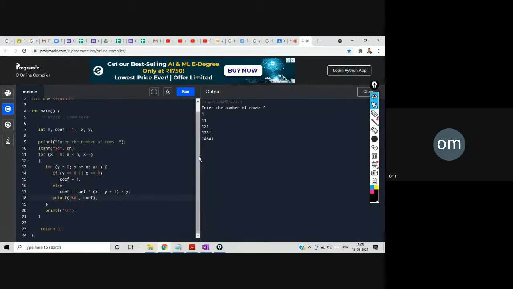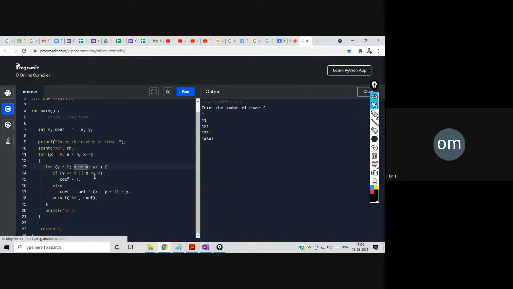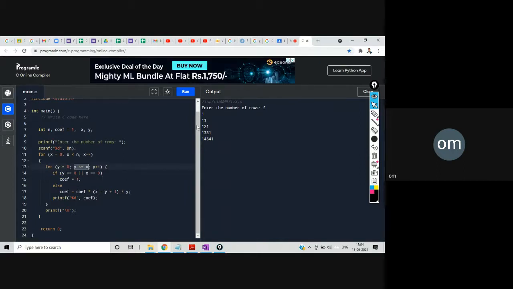This is left aligned. Now what I'm doing in this, this is our first type of pattern, right? So obviously this will be j less than or equal to y, so our y is less than or equal to x, right? So y starting from 0, y less than or equal to x, y plus plus. And what we have to print in this is the coefficient, and the coefficient we are going to calculate. First we check whether y or x is 0. If y, that is the column, or the x value is 0, if any of these is 0, we directly make coefficient 1.